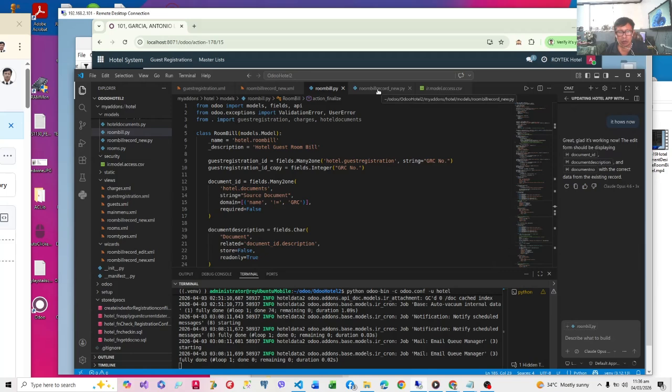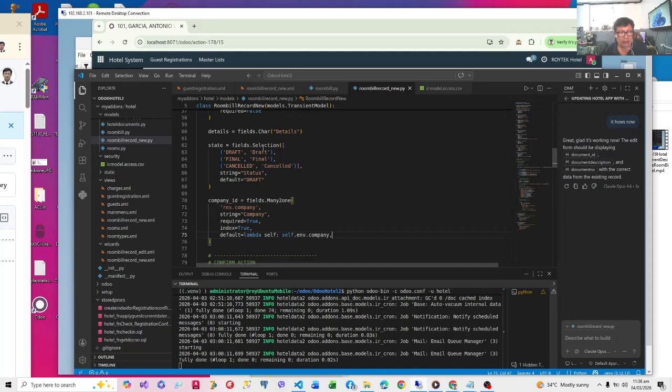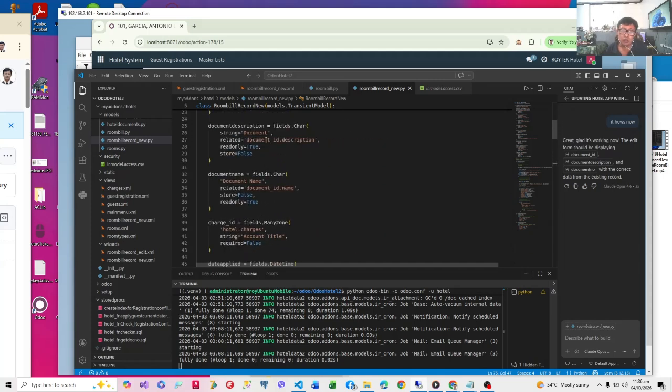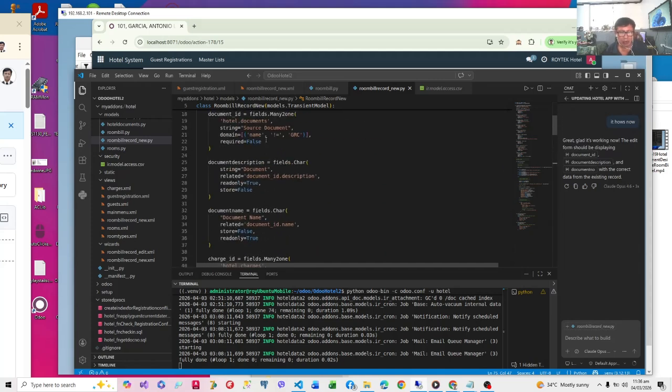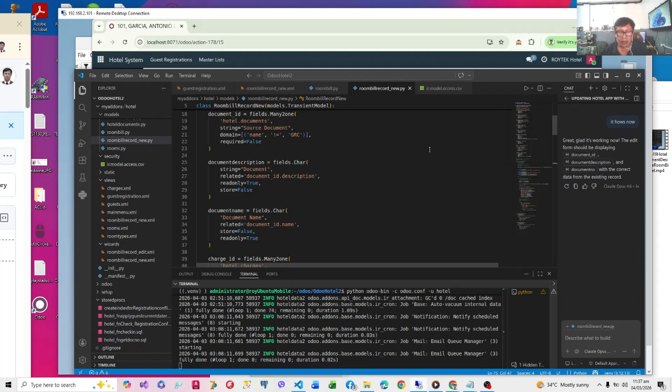We will call it roombill_record_new.py. If you look at this, this is a close replica of roombill. Because this is transient, we will temporarily store the user inputs in this record, and once the record is saved, we will transfer the saved records into the actual roombill model and they will be reflected in the web page.